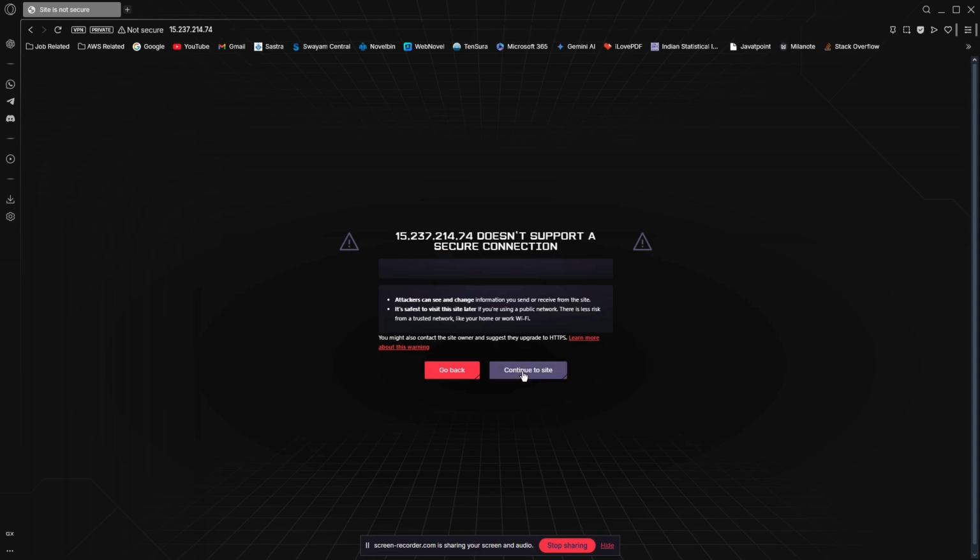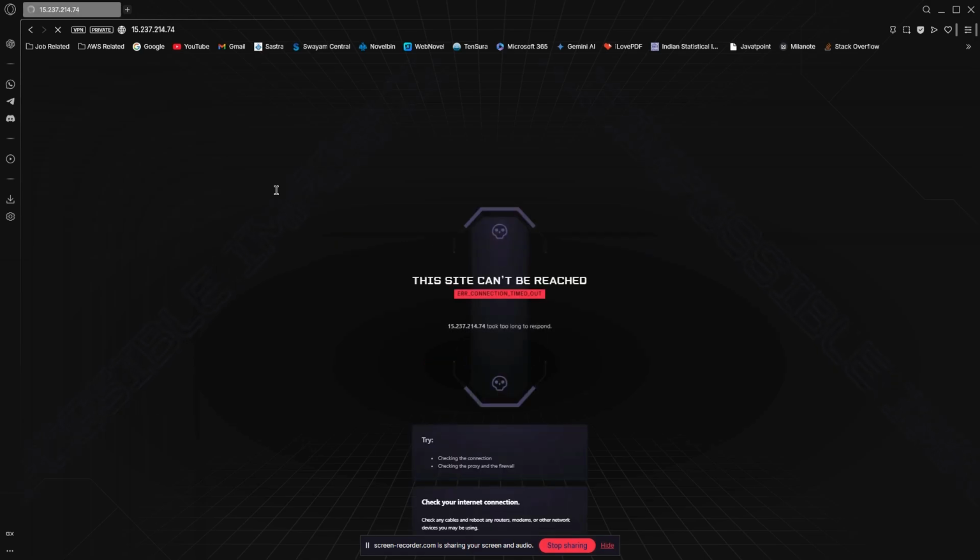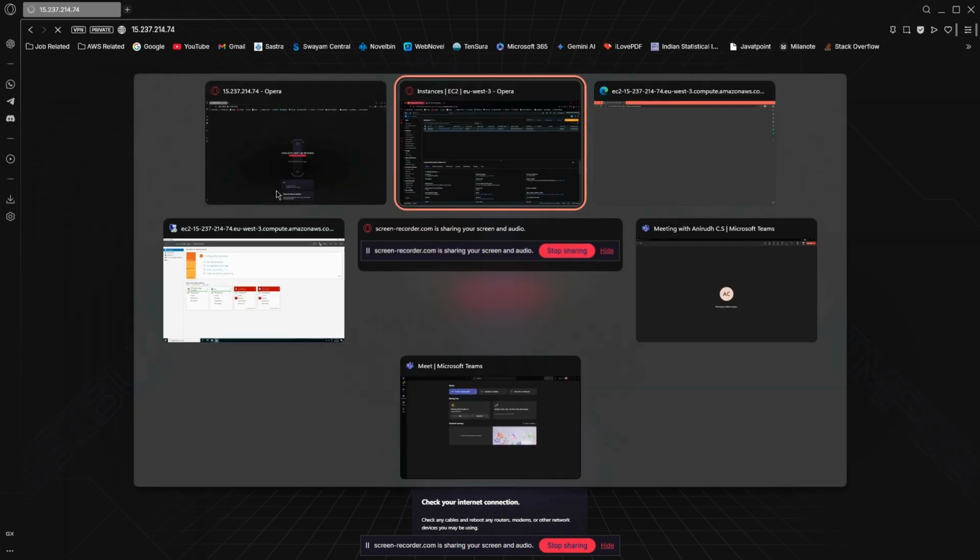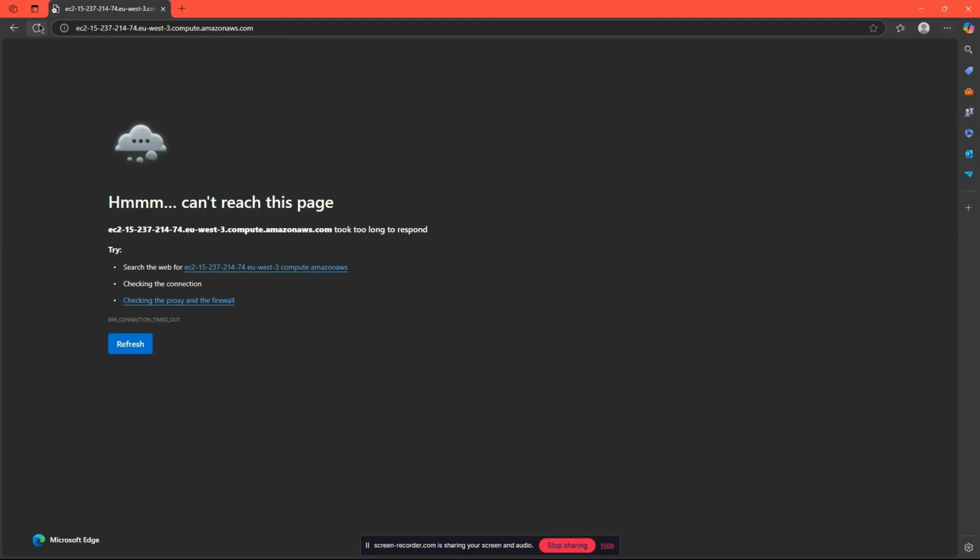So if I select continue to site, it is currently loading, and after it is loading, it will show the default page that Microsoft has already made. So whenever you install IIS service in any computer and you try to access it via public IP,